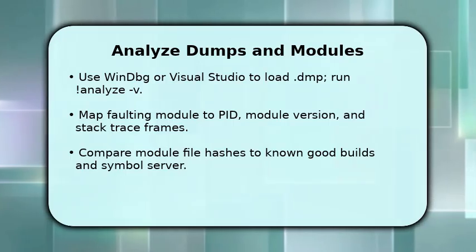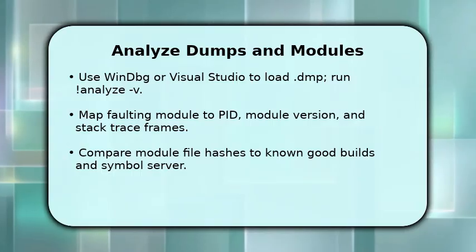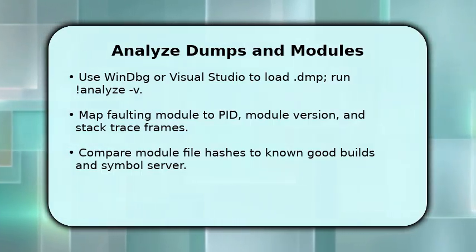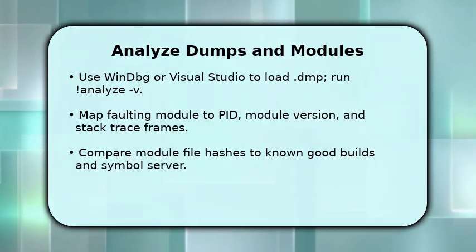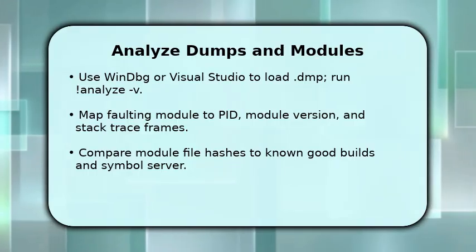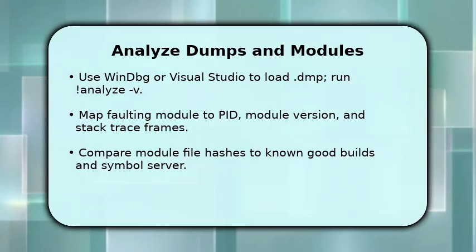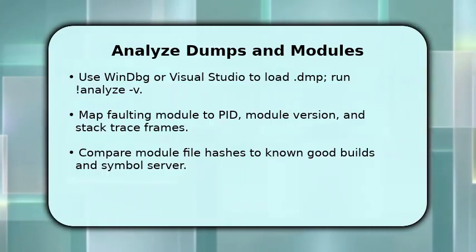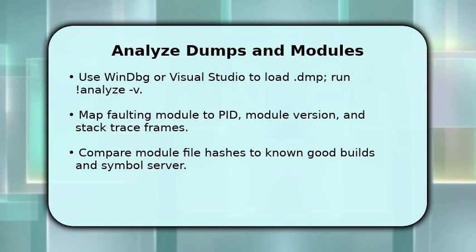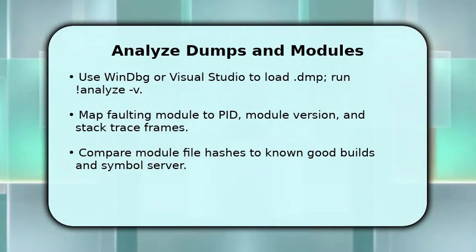Now perform a focused analysis. Open the dump in WinDBG or Visual Studio and run !analyze -v to find the top-level exception and call stack. Once you have the stack, load symbols from Microsoft and your app symbol server to resolve function names and identify the exact module and instruction that failed. Correlate the PID with running services and third-party DLLs loaded into the process, because mixed or mismatched versions usually cause event 1000 crashes. Make incremental